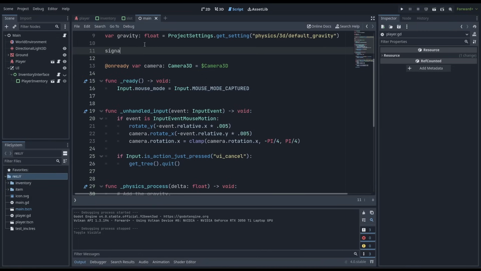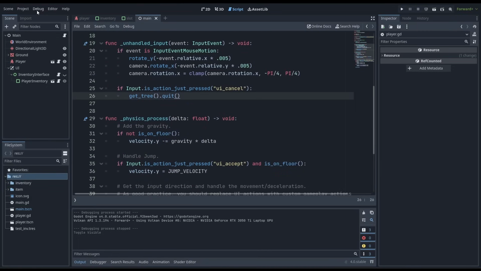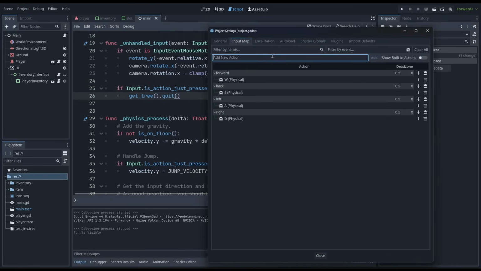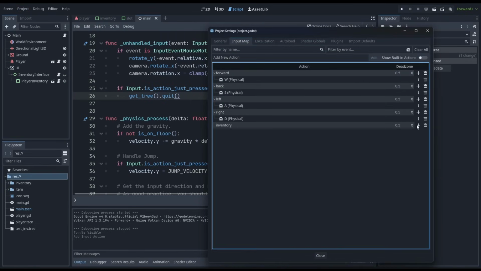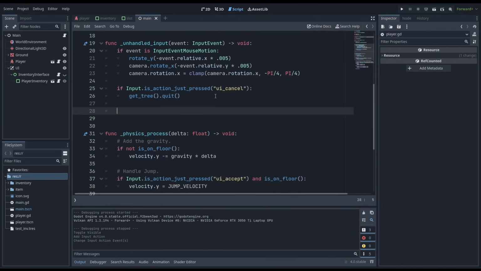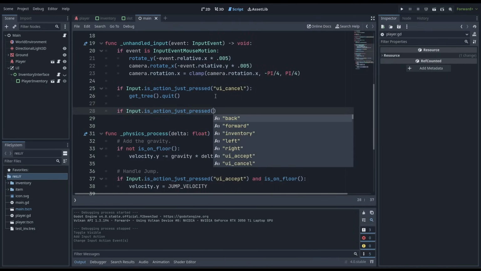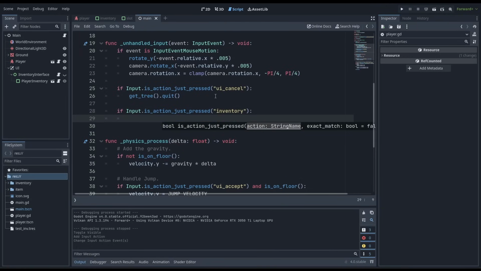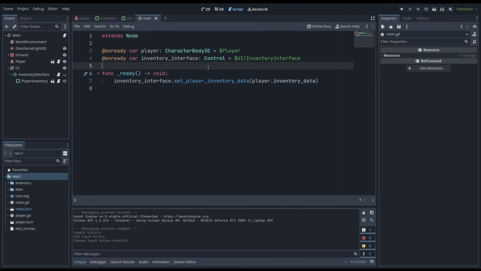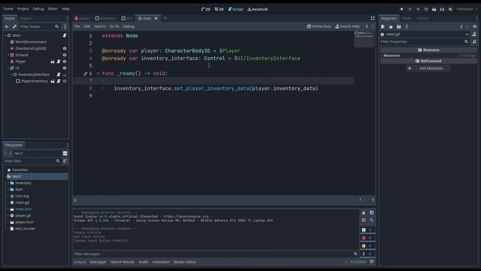and here I'll add a signal toggle inventory, and then I'm actually going to go to project settings, and go to the input map, and I'll add an inventory action, and I'll assign this to tab. Okay. Then down here in unhandled input, if input is action just pressed, I'll use inventory, and then I'll say toggle inventory dot emit, and then in the main script right here, I'll do player dot toggle inventory dot connect,